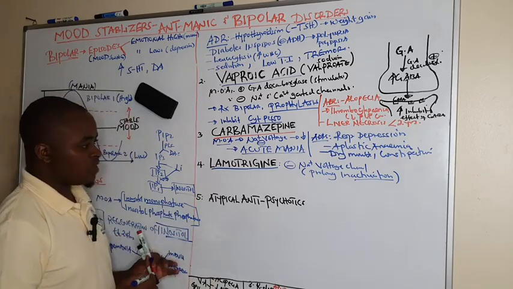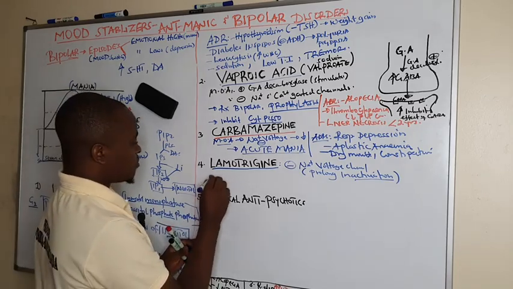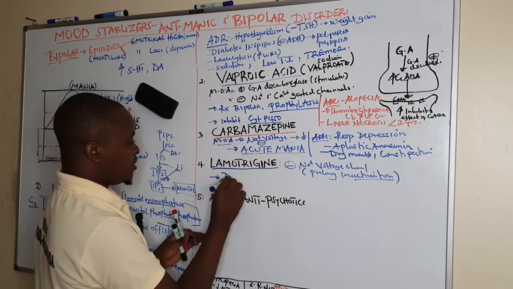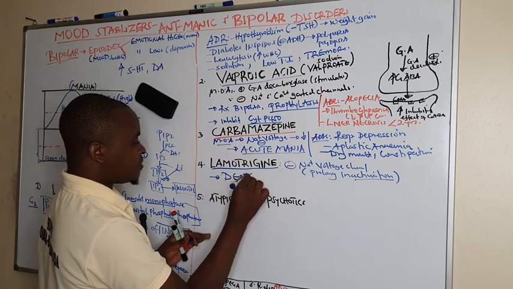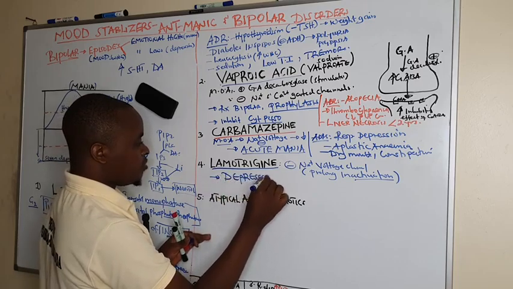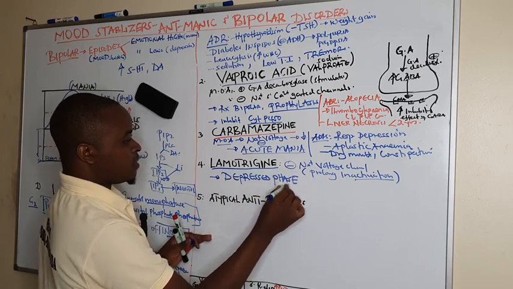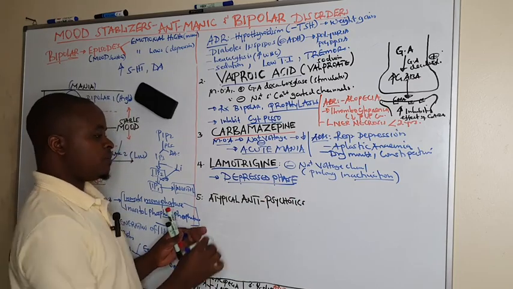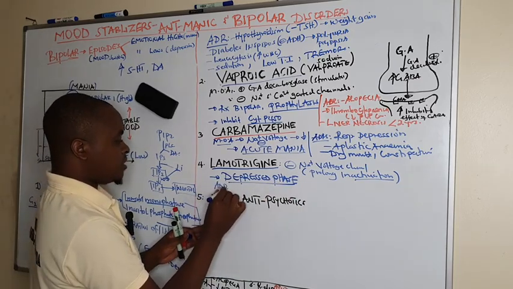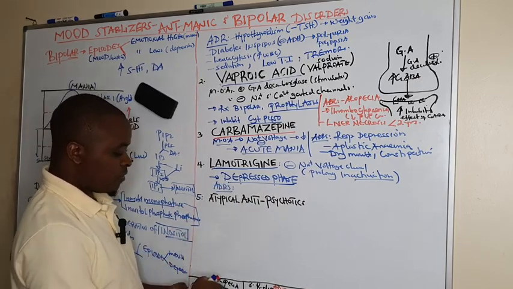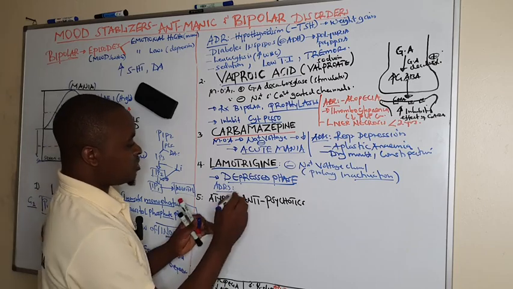Still, lamotrigine is also indicated in the depressed phase. It is used to treat the depressed phase of bipolar disorder. And the peculiar adverse reactions with lamotrigine include double vision,